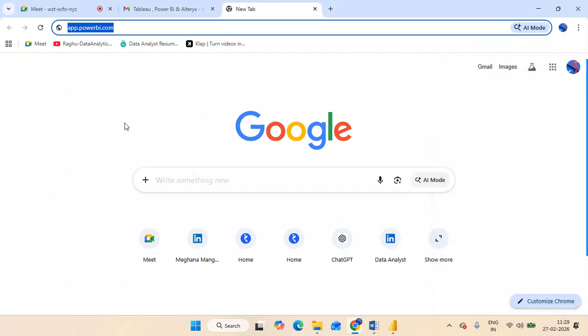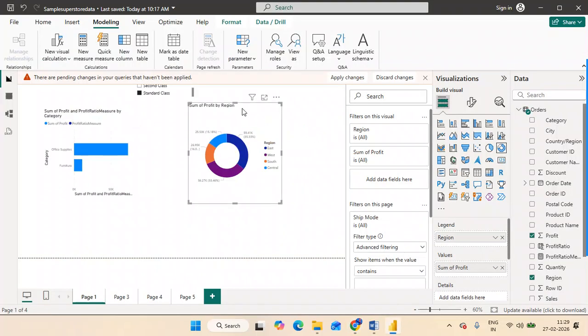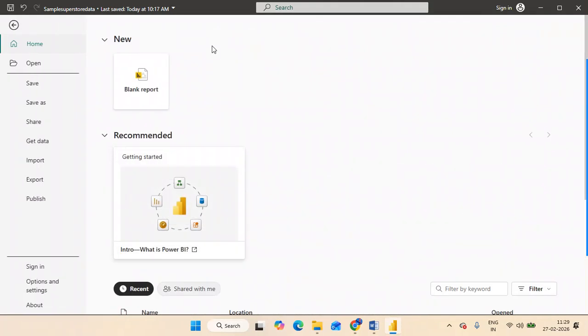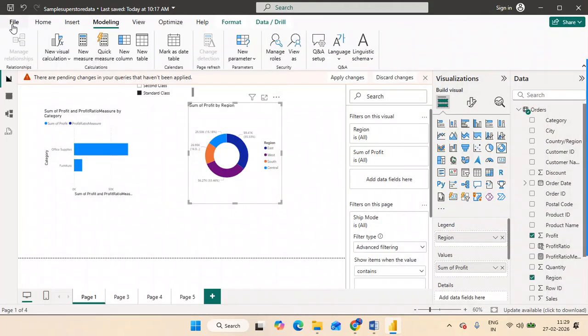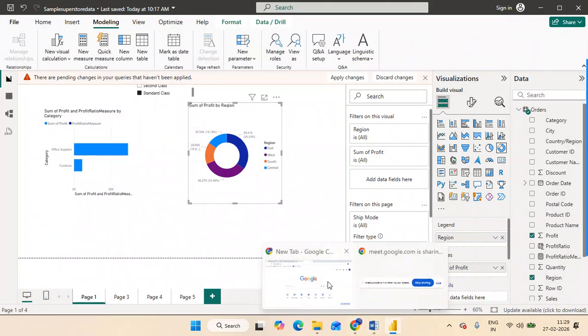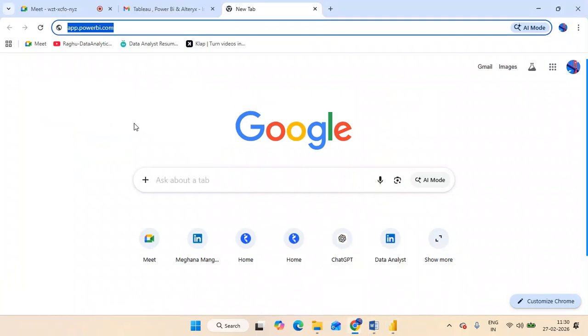So how is the data going to be refreshed? For example, you want to create a refresh daily. You don't open it and refresh it every day, right? It will take a lot of time, it is a waste of time. So what you have to do is create an automatic refresh. How do we create the automatic schedule refresh? We can create it by creating a gateway.